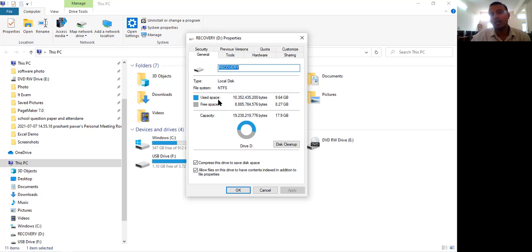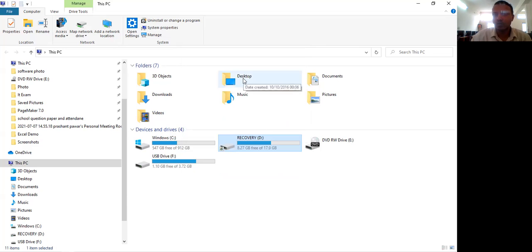Okay, so here you can see the hard disk is showing the blue color line, that shows that these memories are used up to 9.64 GB, and this black color shading indicates that 8.27 GB is completely free space. Above, the blue lines indicate completely used memory 9.64 GB, and this black shade indicates that 8.27 GB is free space. Okay, so this way you can check out how much memory you have available in one hard disk or any folders.